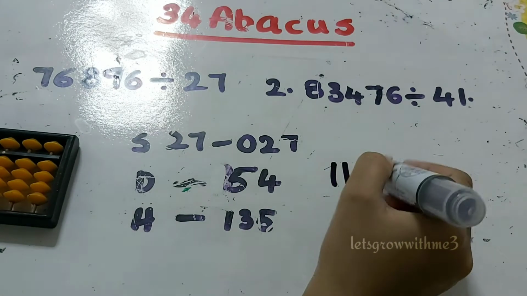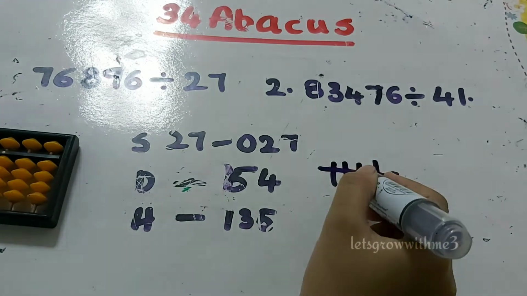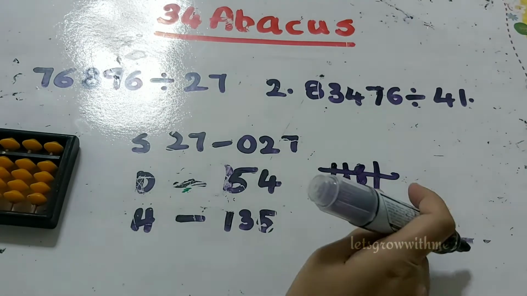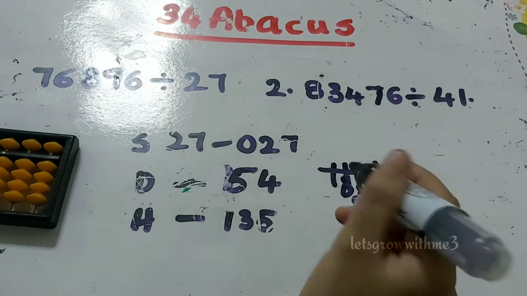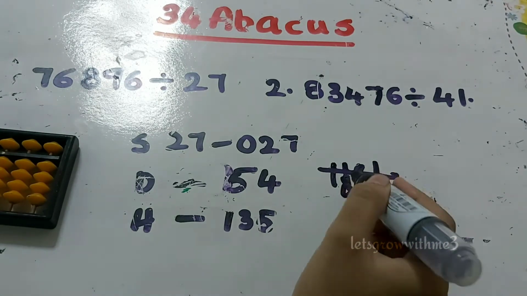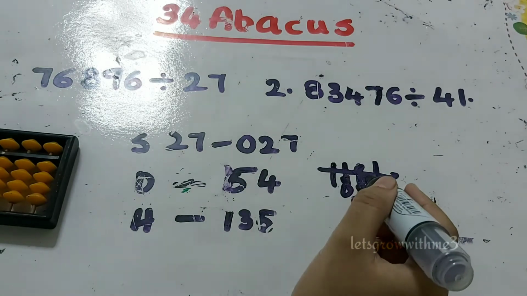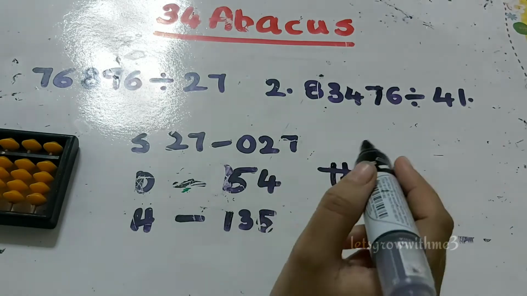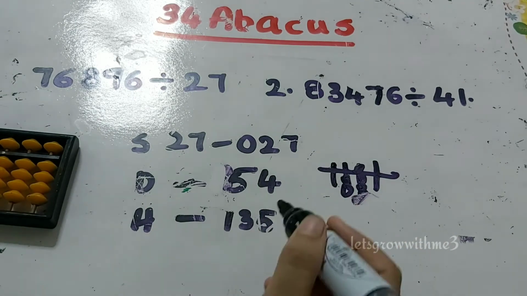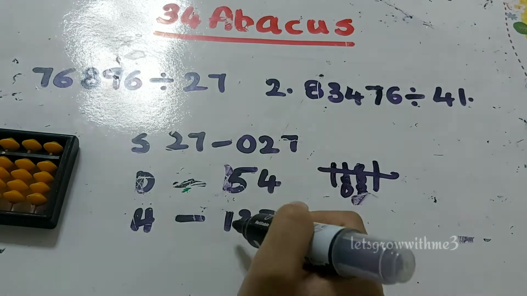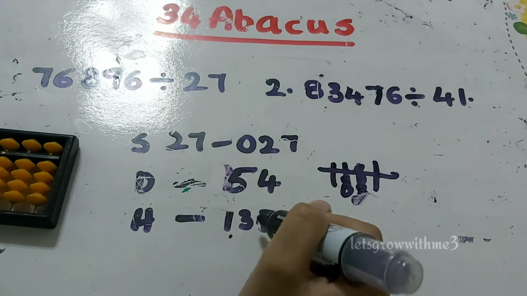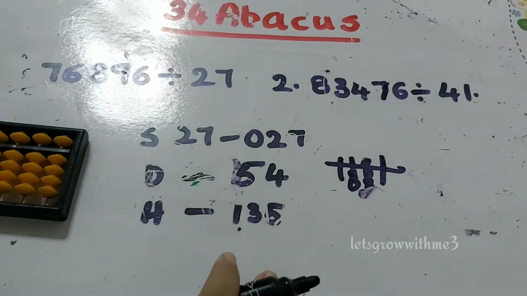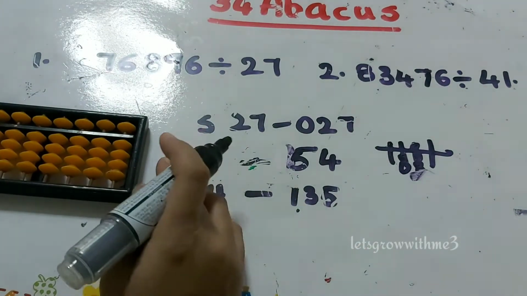If you want, you can calculate it: leave your ones place, keep 2 and 7 over here, then divide over 5. So 25 over 5 is 5, and 20 over 5 is 4. Then we need to write down the half. Half is 135, so half of 2 is 1 and half of 7 is 3.5. Simply discard the decimal point. So these are the values for single, double and half.